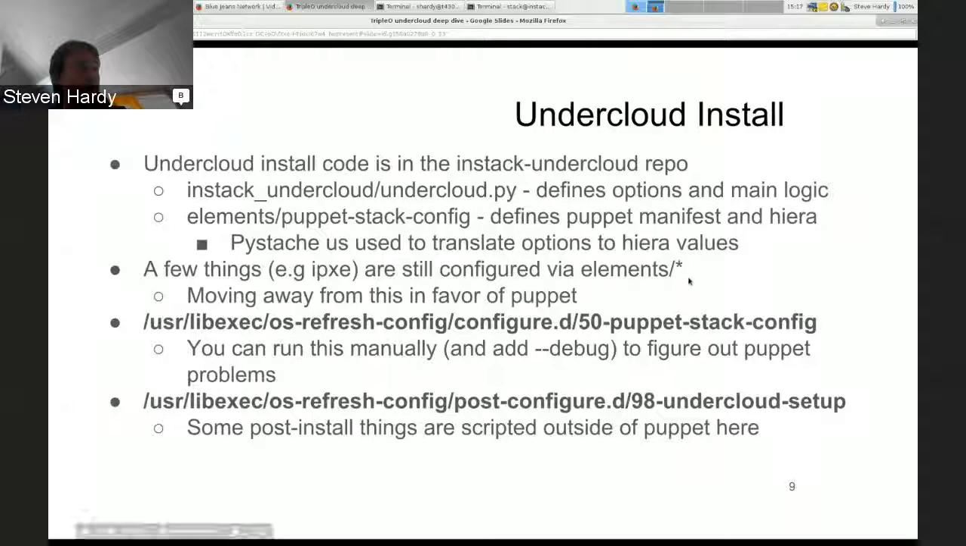Normally, my debug workflow will be to go and run this script manually, and quite often I'll edit it to just put minus debug in, so Puppet will give me a bit more verbose output. So we'll have a quick look at that in a second. And then